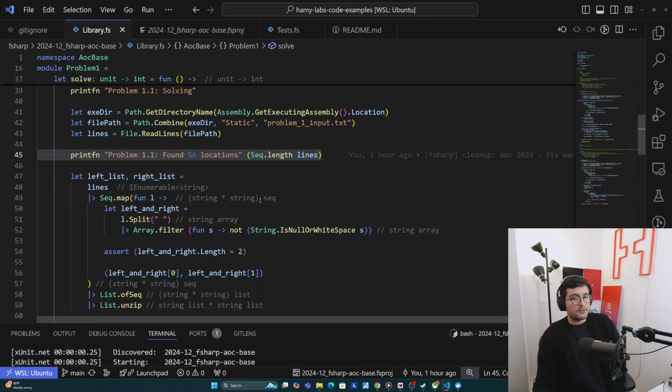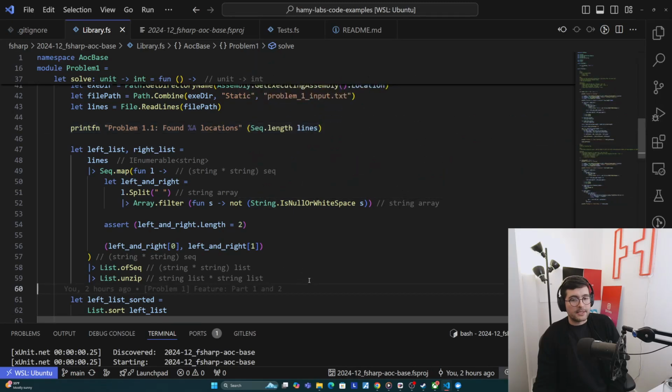The next thing we need to do is turn this into actually reasonable data to process. We know what we care about is left list, right list, but it's actually just in one giant list. And so what we do first is we separate these out. Basically, we're mapping over each line, and then in each line we're splitting it